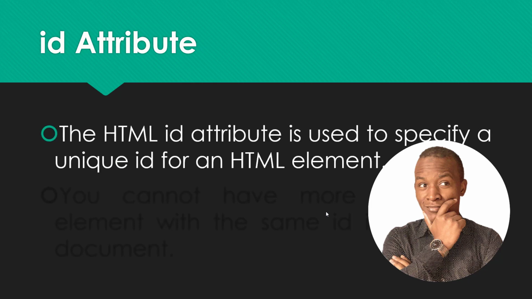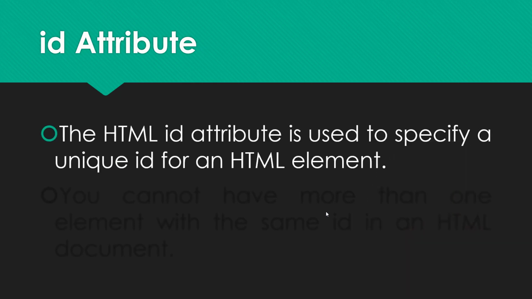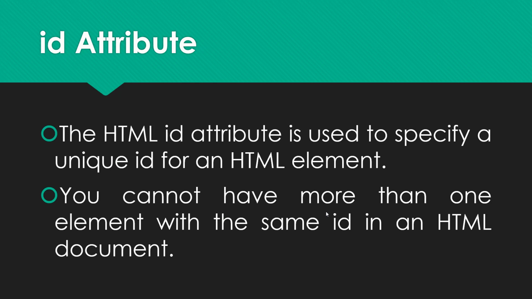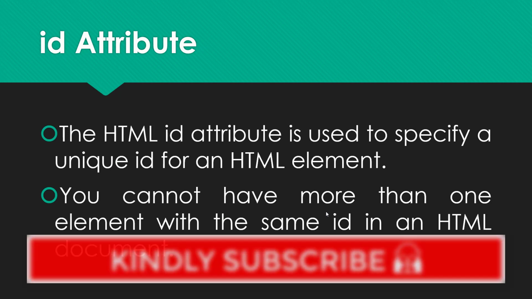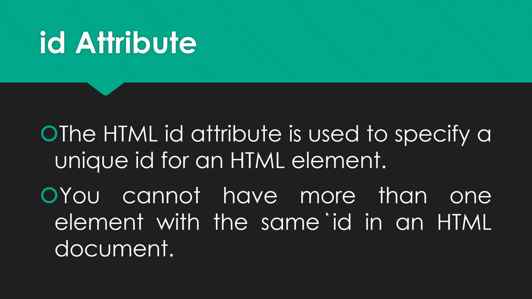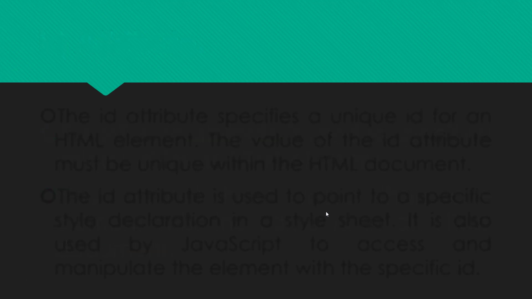So the HTML ID attribute is used to specify a unique ID for an HTML element. You cannot have more than one element with the same ID in an HTML document. So in each HTML document, there must be only one element with a certain ID. You cannot have more than one ID in an HTML element. So we can say we use IDs to uniquely identify particular elements